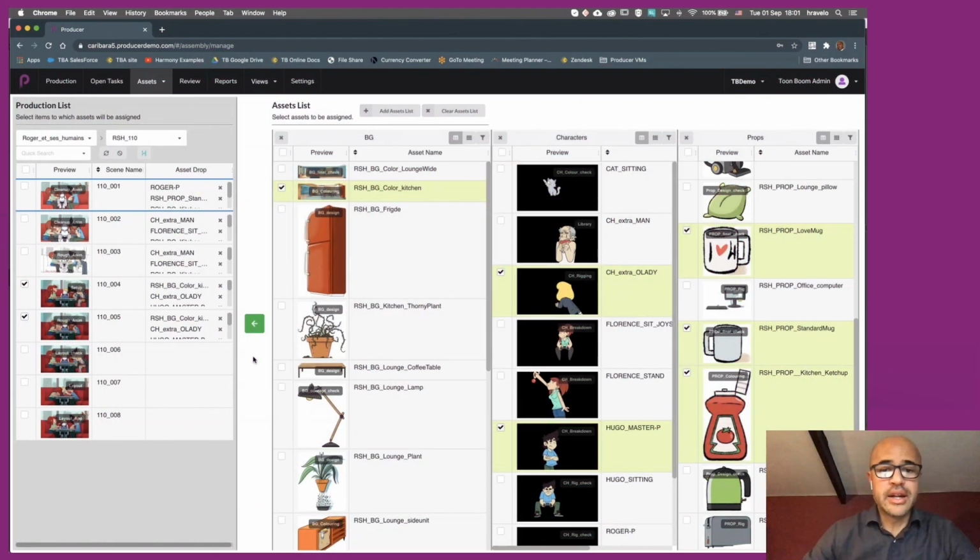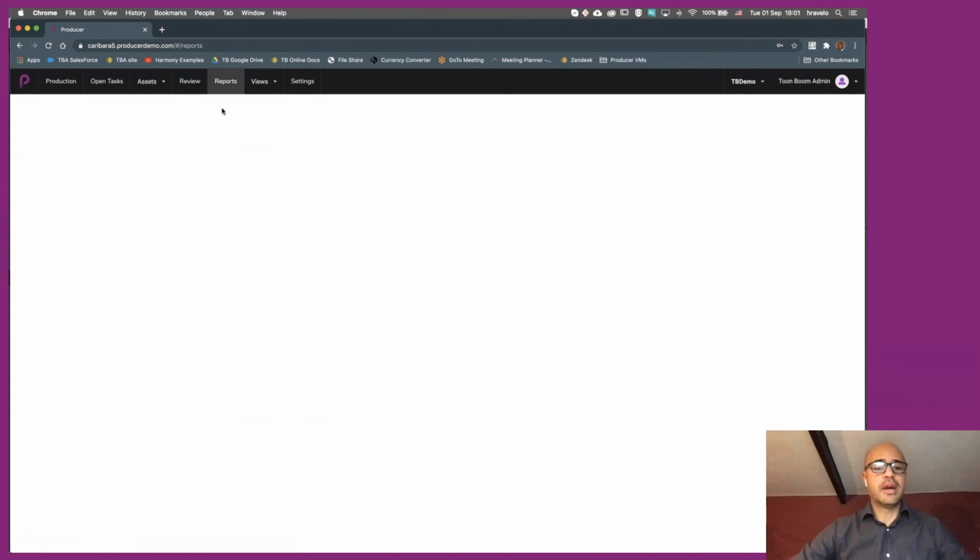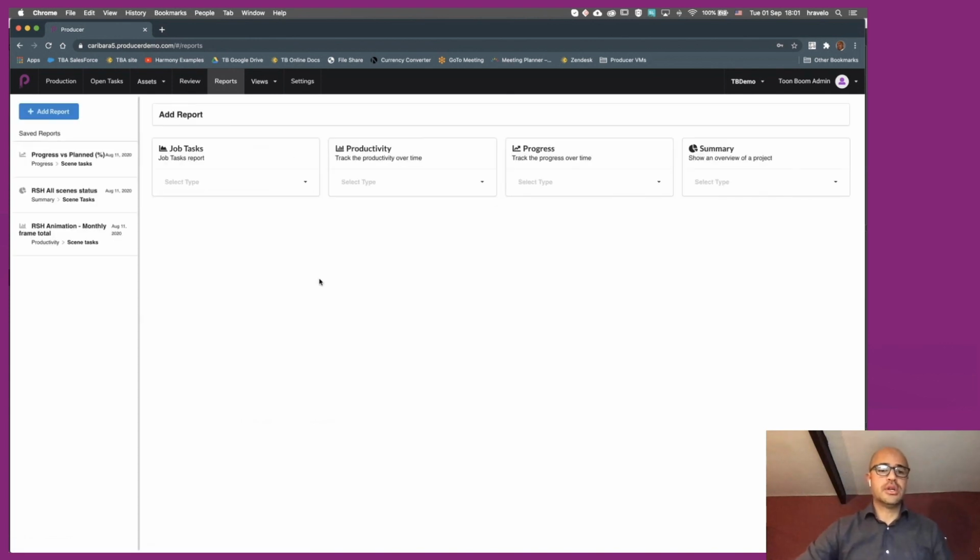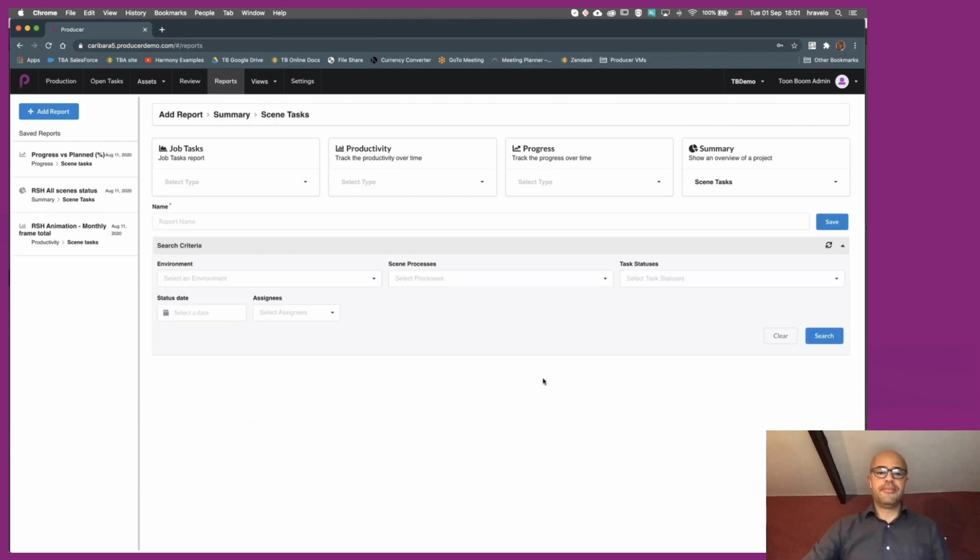Finally, let's have a look at what we can do with all of this metadata. In Producer, you can create reports. By going into the reports page, you'll see that we have a bunch of options here. For example, we can have a look at a summary, a scene task summary.